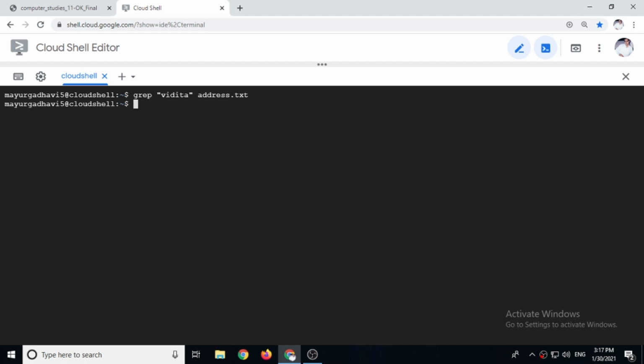So if we are searching in small letters, it will not be able to find it, because in the file we have written V in capital. But if you want to ignore the case, then you can include the -i option. So press the up arrow key, it will display the command again, and then write here -i. So it doesn't matter whether you have written in capital or small letters. If you want to find the word, then you can include the -i option.